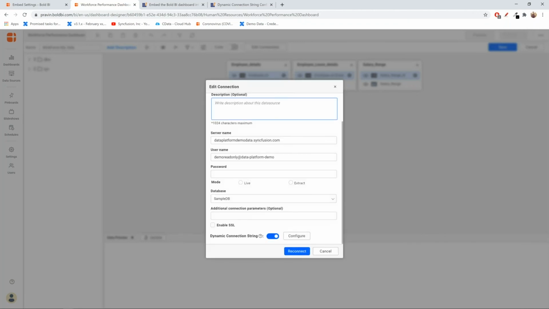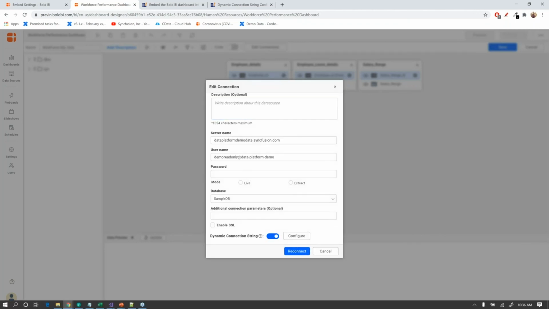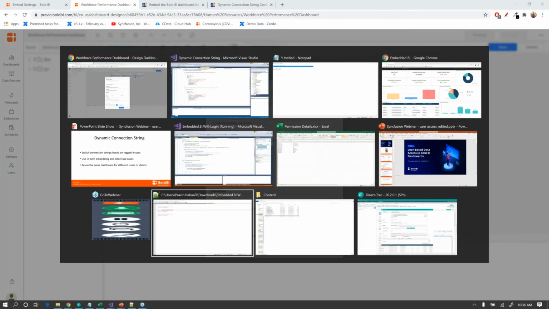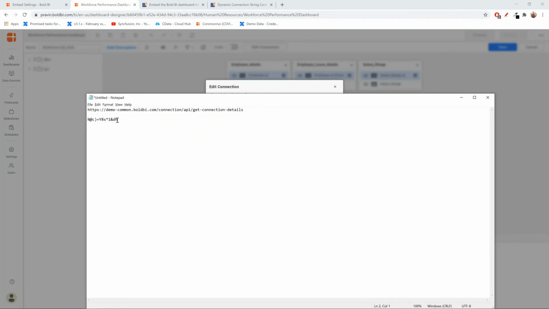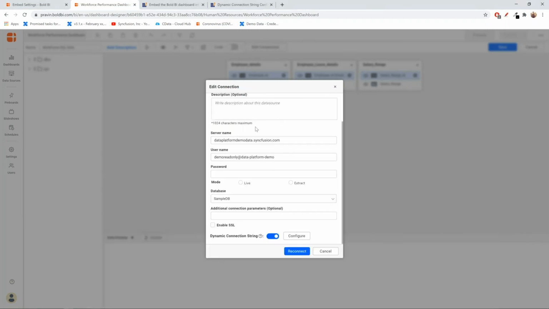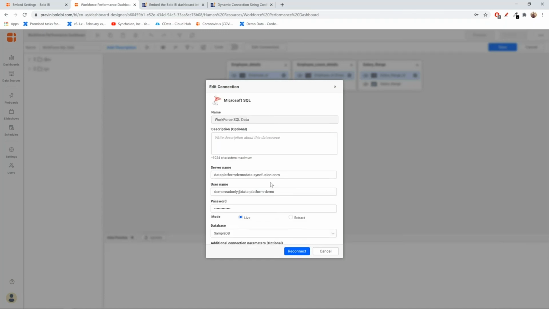Okay, and every time you edit a connection wizard, you need to send in the password for security. So I'll just copy the password here, choose the live connection, and click reconnect.